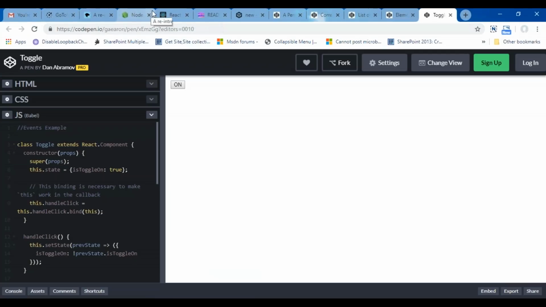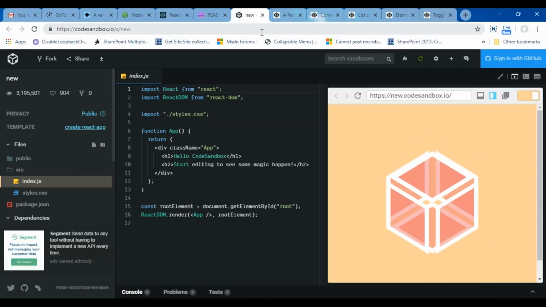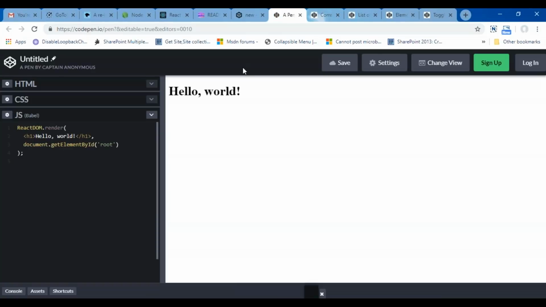What you can do is use online playgrounds. For example, you can use Glitch, CodePen, or CodeSandbox. These are some of the open playgrounds which allow you to write code in React.js.